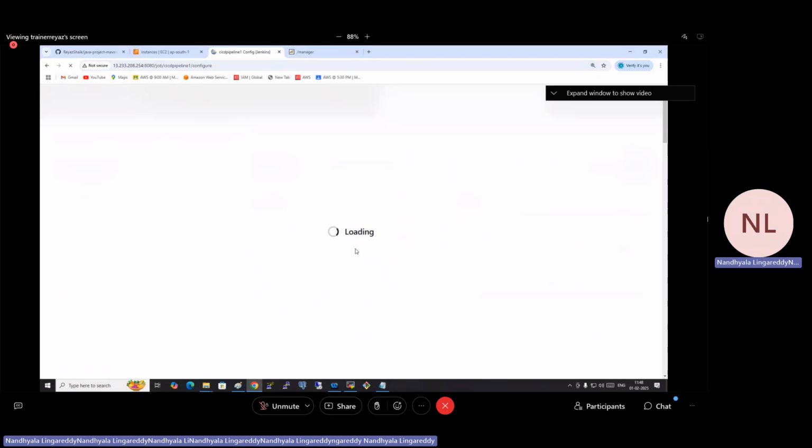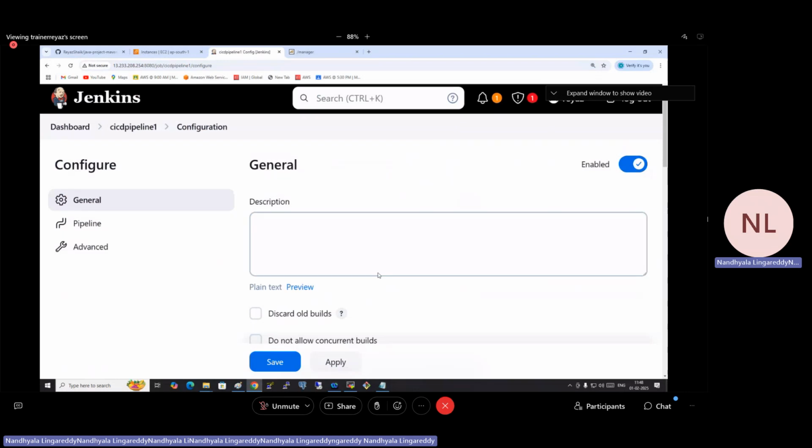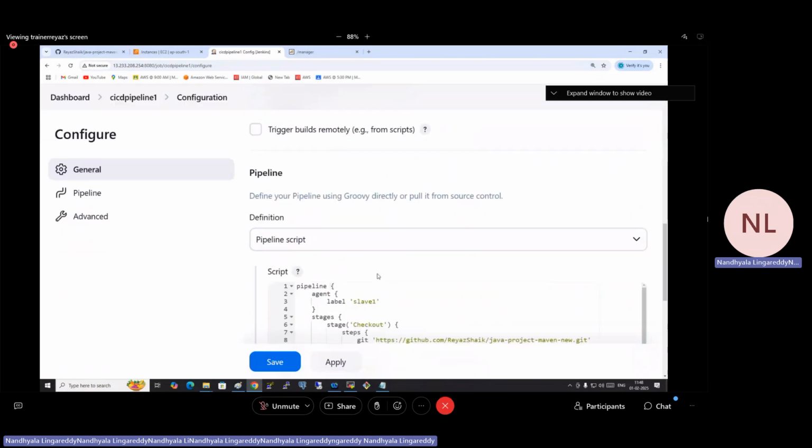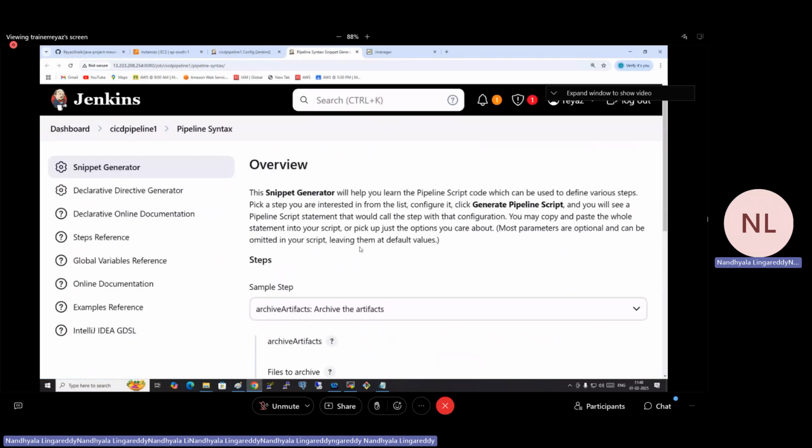What we need to do? Google it, paste it. But generally people will do like that. But what I do for you is use the pipeline syntax. Let us try to get that code automatically instead of searching for it. So click on the pipeline syntax. And then here,